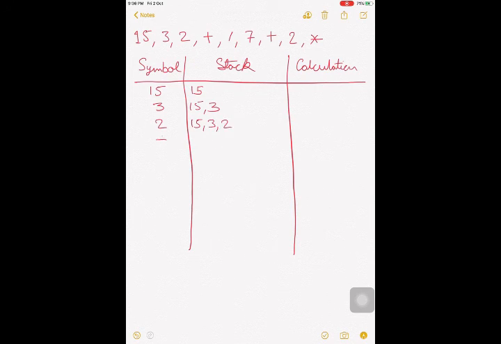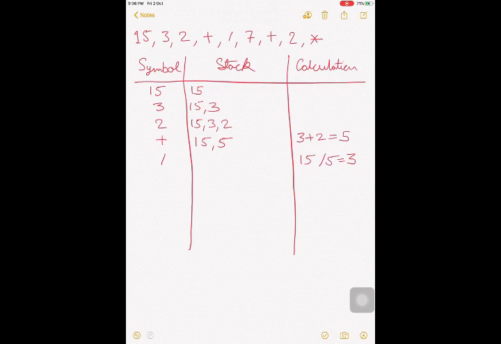Now we get plus. Now we write it like 3 plus 2, that is 5. Now our stack becomes 15 and 5. After that plus sign we have division sign. If you write it like this, you will get 3. Please try to note that this division sign will be between 15 and 5. Okay, sometimes you might write it like 5 upon 15, so it will be wrong. So you must understand the concept.